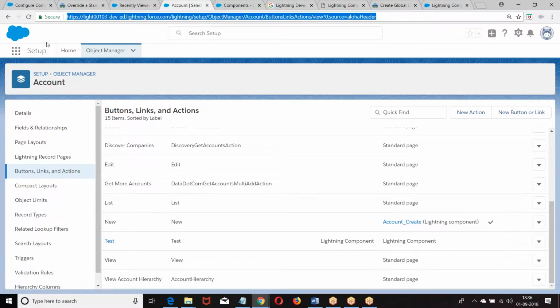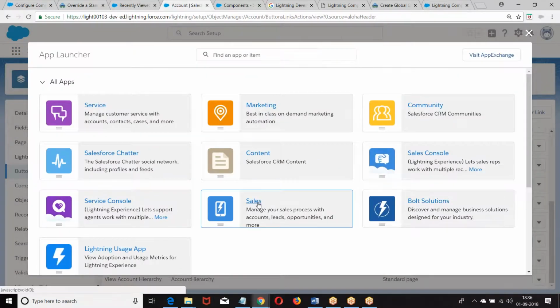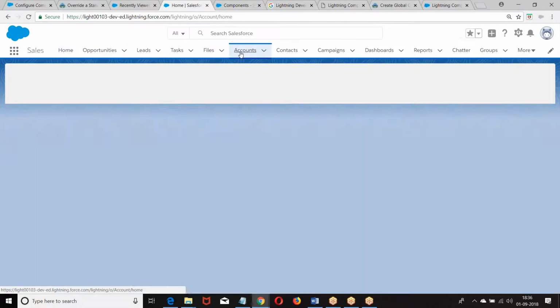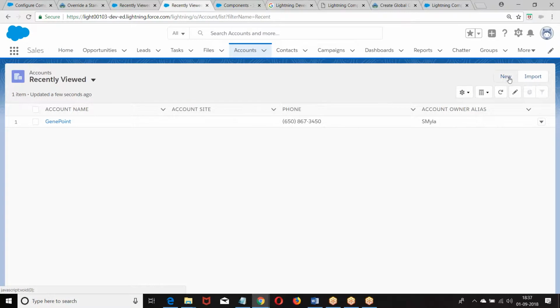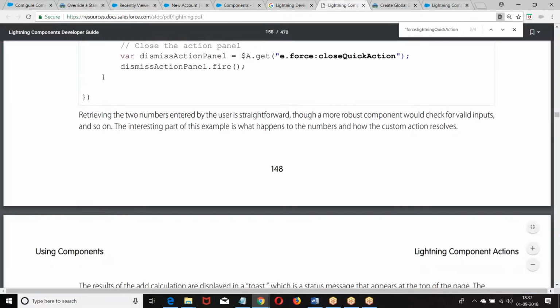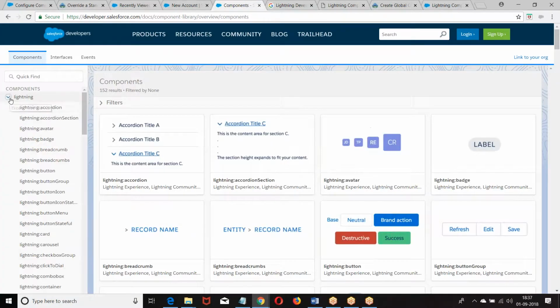Not applied like this. Okay. Let me go back and see. This is custom, I told you already. Now it is coming as a page. You don't want to do this. We have an attribute. What was the attribute? Lightning modal.